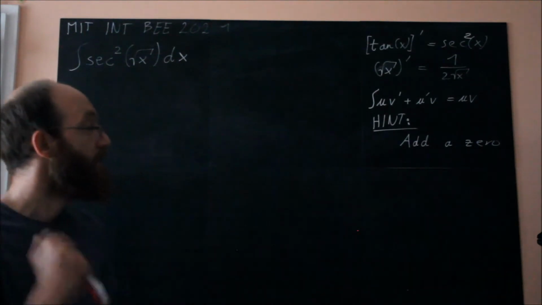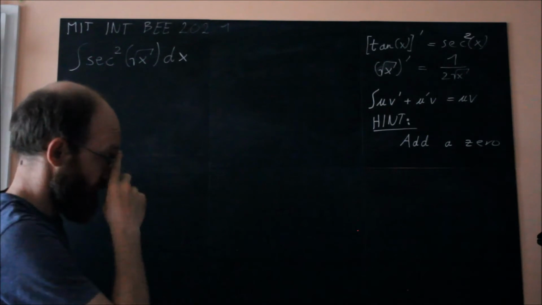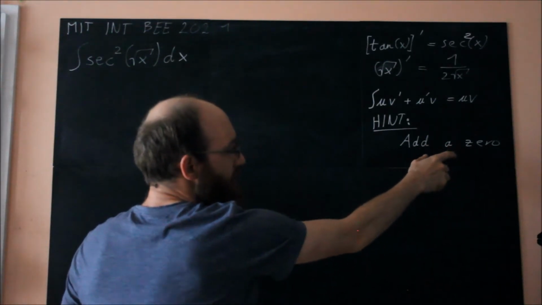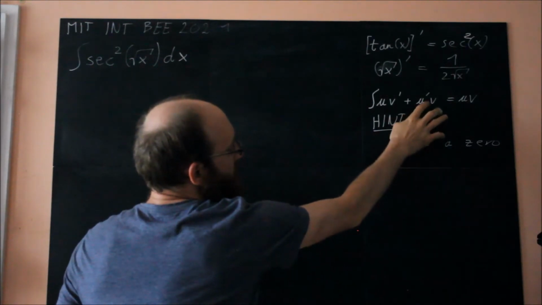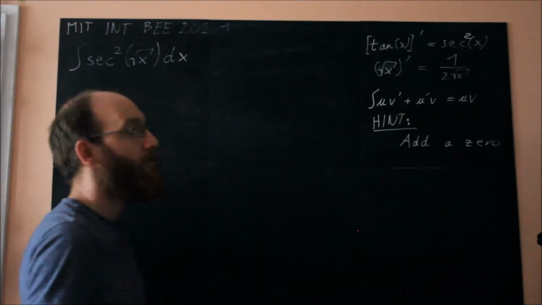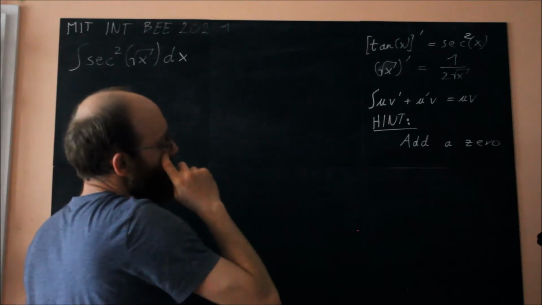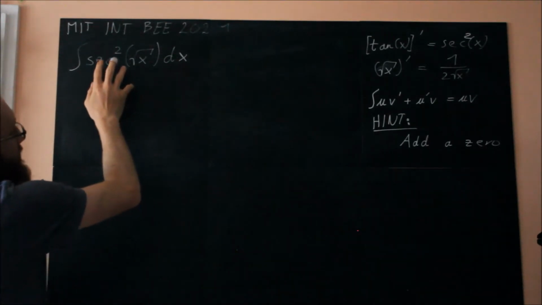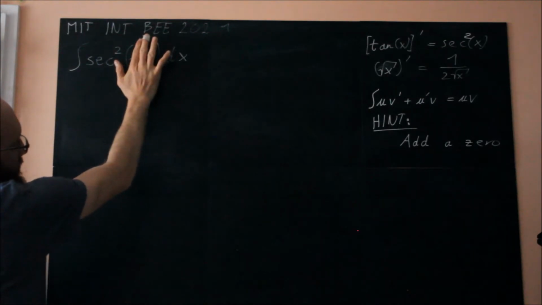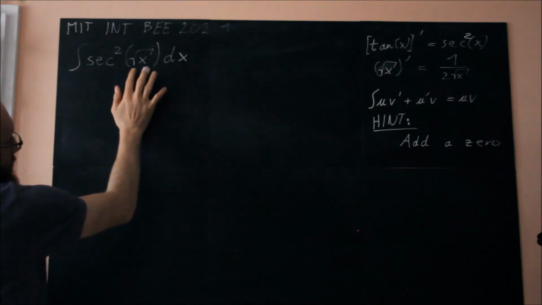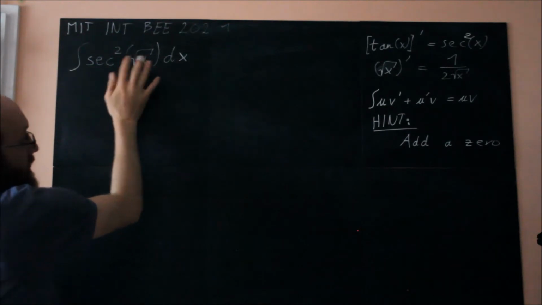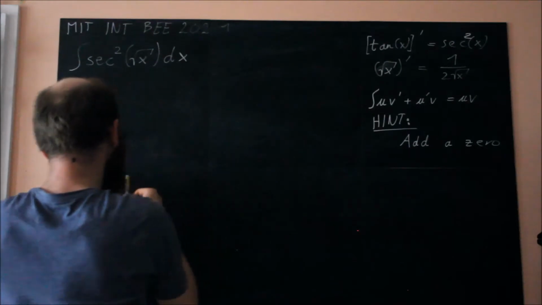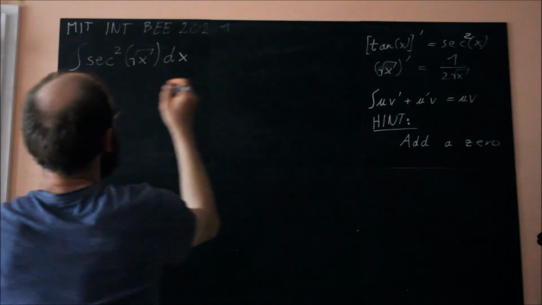Okay, so we will add a 0, and we will do this in a certain way to use the product rule. And I want to explain how I came up with this. Like I said, the secant squared, so without the square root of x, the integral would be the tangent, okay? So it would be nice if